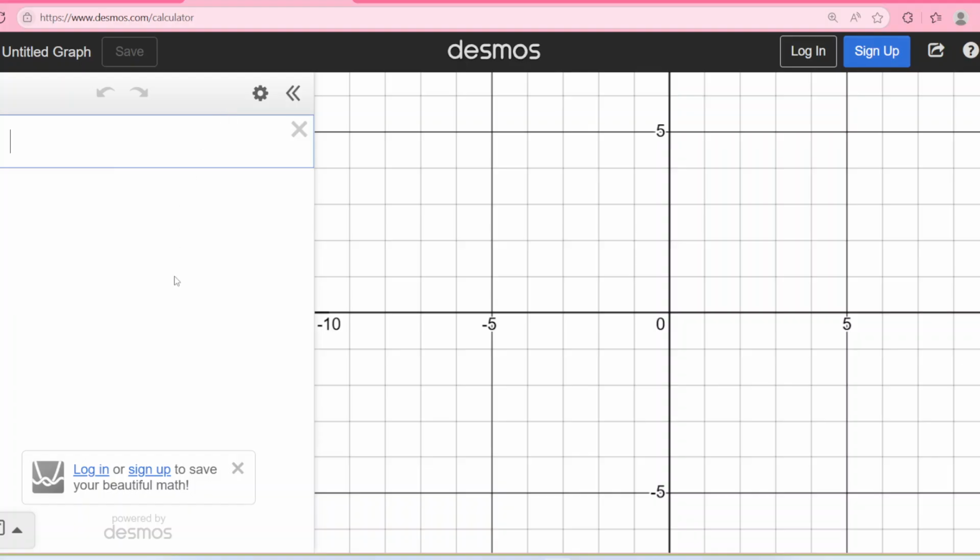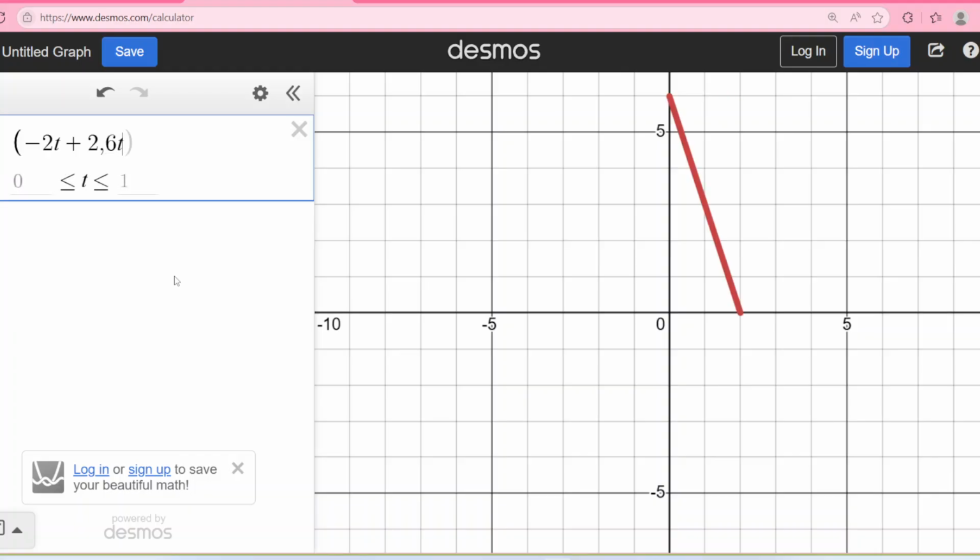Okay, so here's that Desmos site, desmos.com. So again, first, the parametric equations that we were given. To enter parametric equations in the xy plane, you have to enter it as an ordered pair. So left parentheses, and the x coordinate in terms of t was negative 2t plus 2, comma, and the y coordinate in terms of t, y of t, was 6t plus 9,